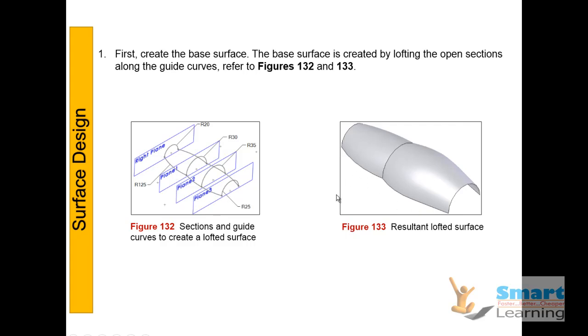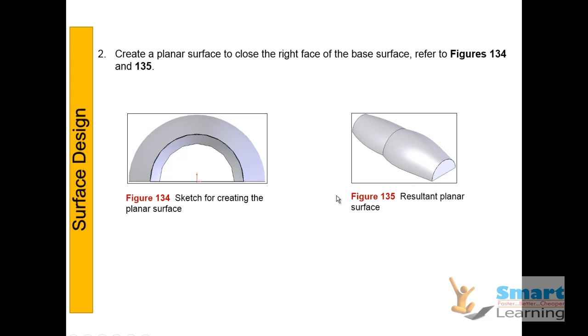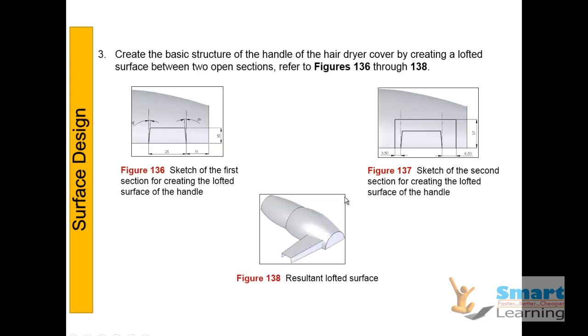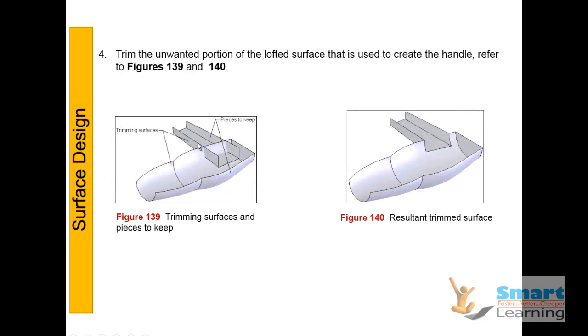So by taking that, we'll be creating this basic surface, and then we are going to sketch for creating the planar surface, and we are going to patch it. So after that, we are going to create this handle. So for that, we are creating 2 different surfaces with 8.5 and 3.5 gap, and here you have the taper angle and height is 17, and then we are going for the blend,